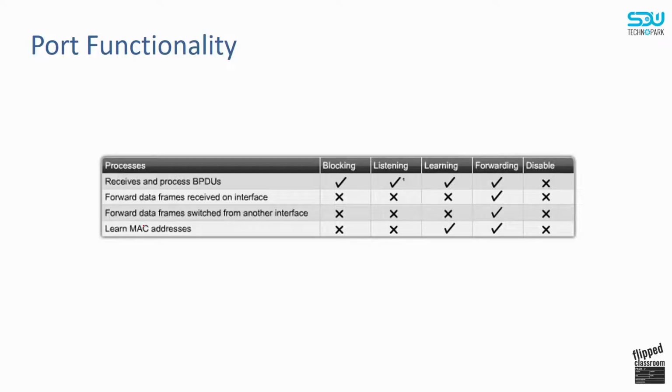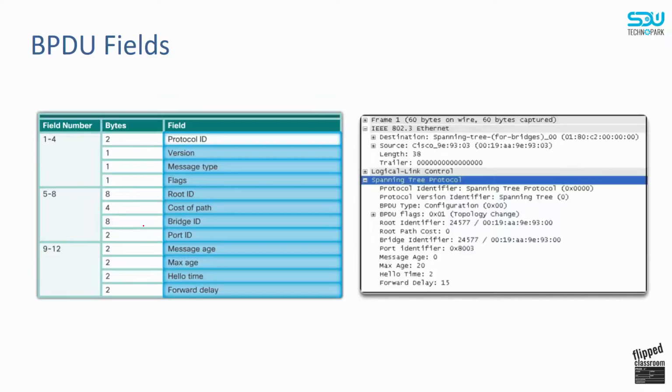It is receiving BPDUs, sending BPDUs, receiving data frames and sending data frames, and at the same time it is learning the MAC address tables. And the disabled state of the switch port is actually just not working. It's a turned off port. And we may take a look at the BPDU fields, and we actually have 3 by